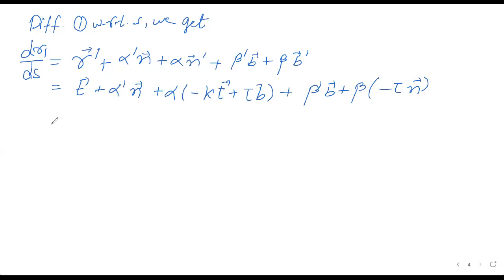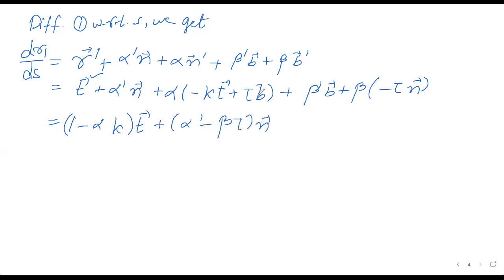ट्रायंगल की फॉर्म में ना, एक स्क्यू सिमेट्रिक ट्रायंगल बनेगा, एक मैट्रिक्स बनेगी. So now you can put all the values, just arrange the terms of t. So t का term, here you have t, here you have t. So you had 1 minus alpha kappa t. Then vector n, this is vector n, this is vector n. So you have plus alpha dash minus beta